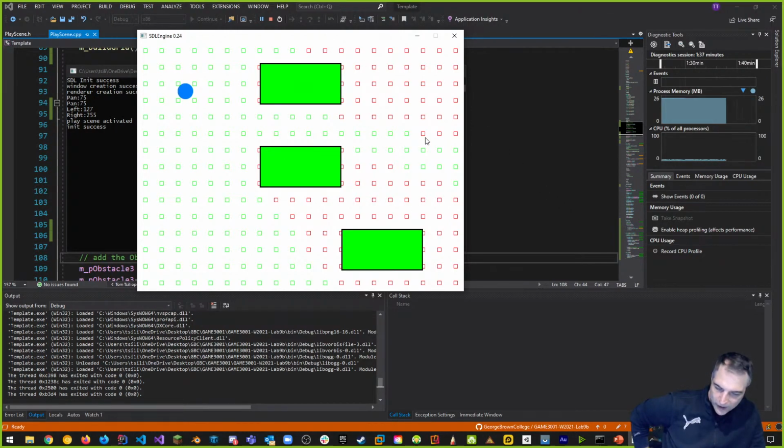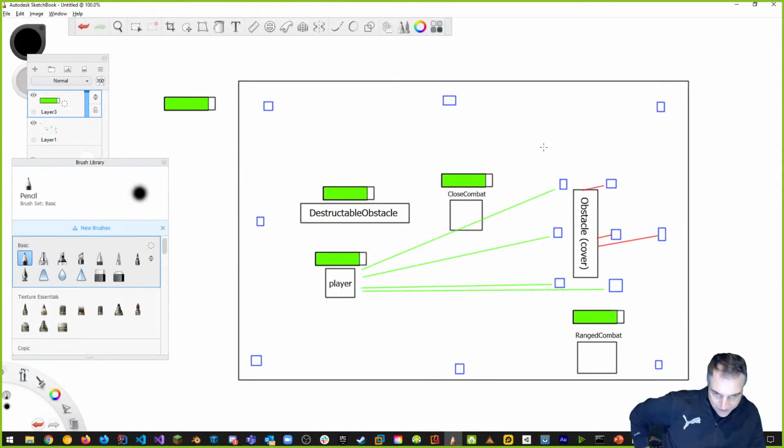And why do we do all this today? Well, now that you have this, then doing something that looks like this is okay. If I want to move my ranged combat enemy, like we talked about before in our lecture. So if I take my ranged combat enemy and I get hit, and I want to move it to an area that does not have line of sight, I can move it to,